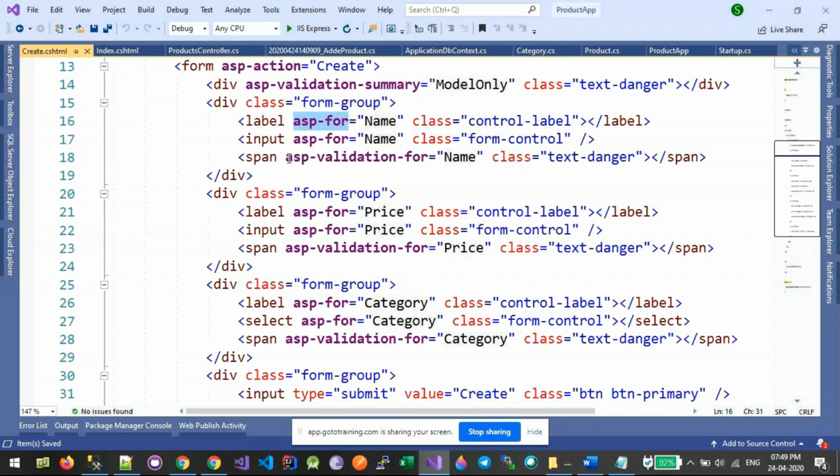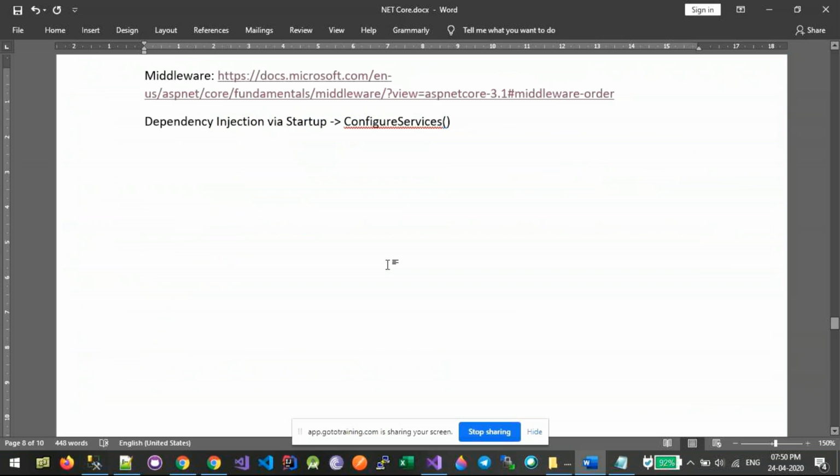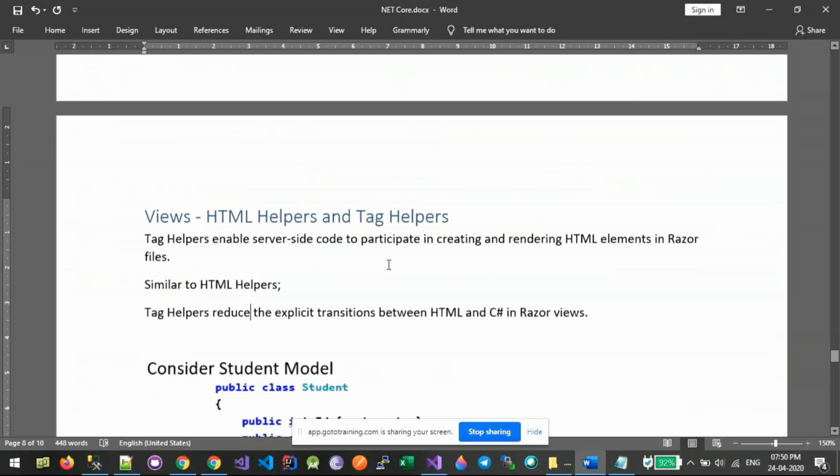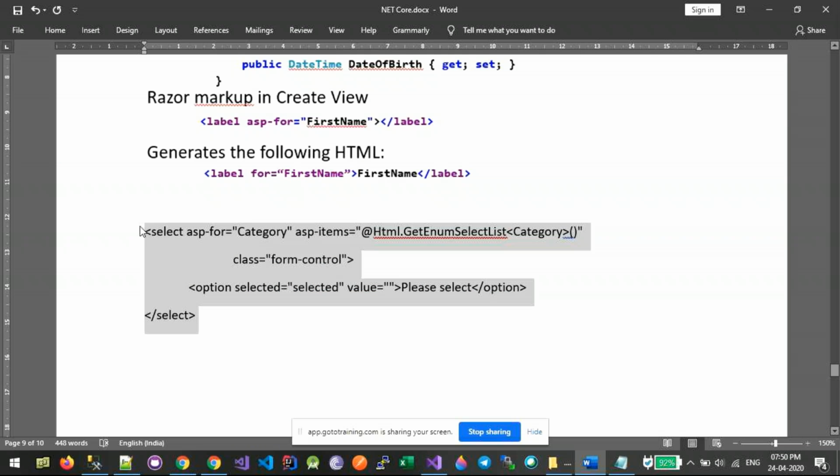asp-for, asp-validation-for, these are all tag helpers. You will not see any HTML helpers here. Now notice that select is the HTML tag here for category, but it does not know how to populate the values for it. So we have to change the code a little bit. That will look something like this.